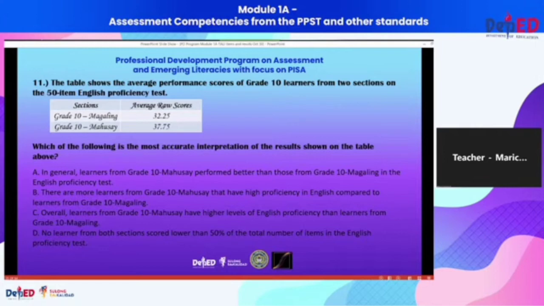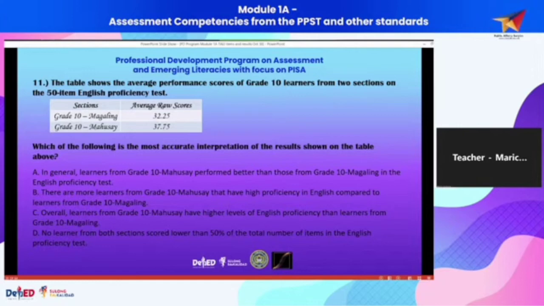Letter C, overall learners from grade 10 Mahusay have higher levels of English proficiency than learners from grade 10 Magaling. Letter D, no learner from both sections scored lower than 50% of the total number of items in the English proficiency test. Thank you po.